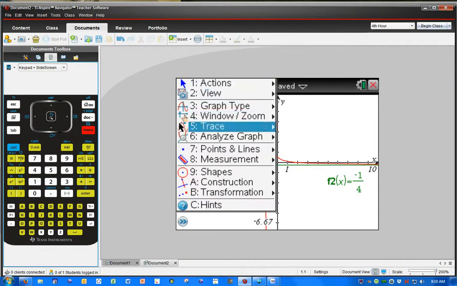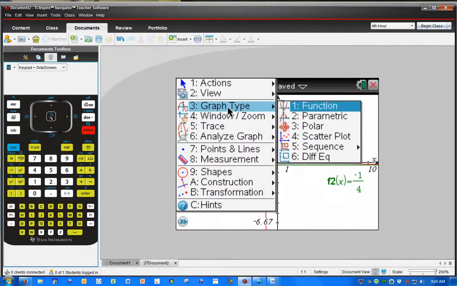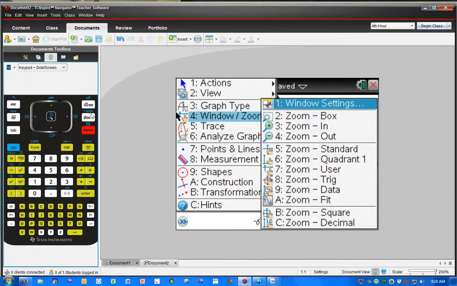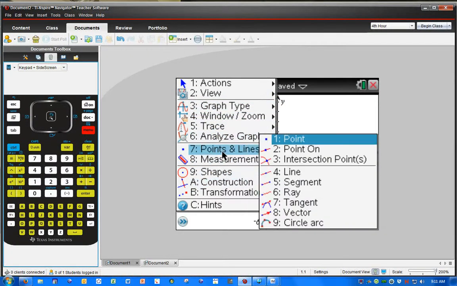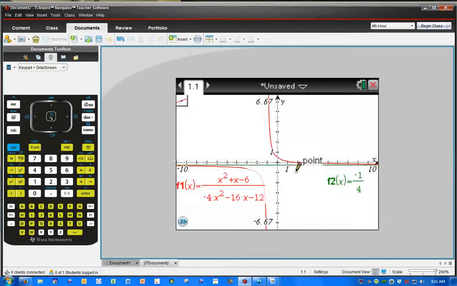That's your hole. x equals negative 1 is undefined as well. This is your vertical asymptote. That's your hole. And then you can